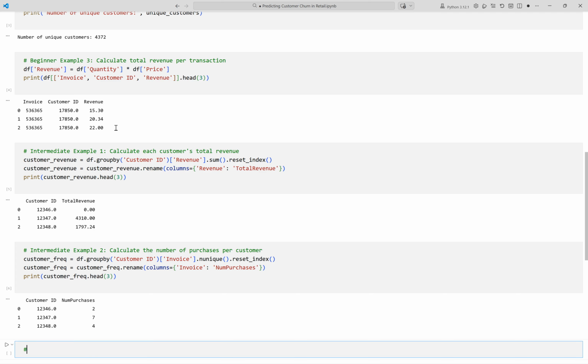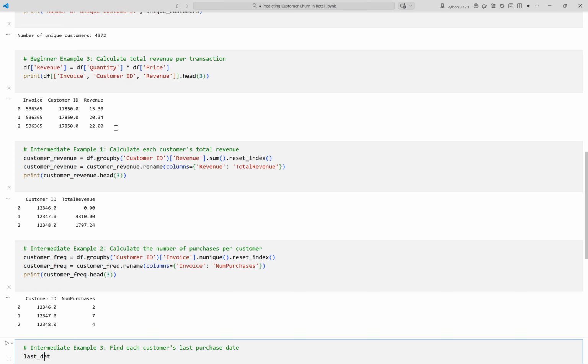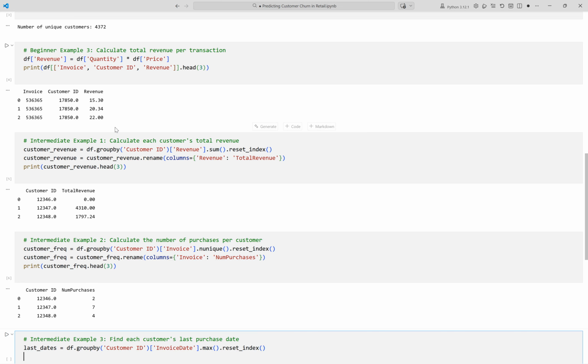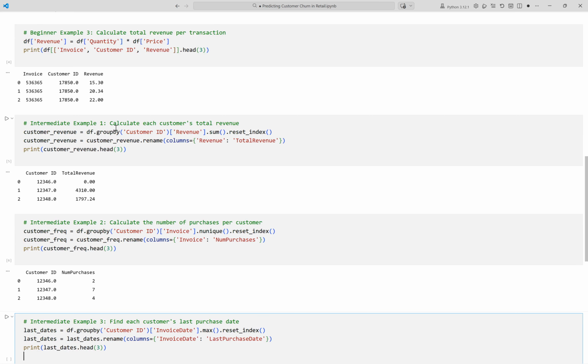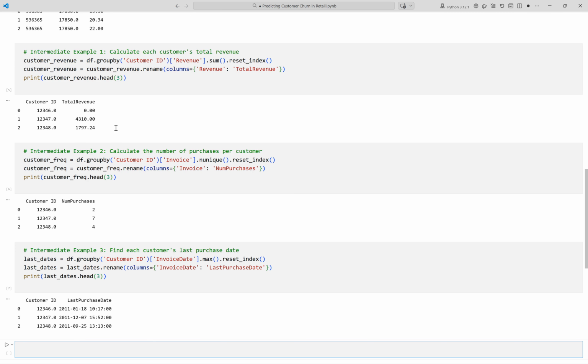Customers who have not purchased recently may be churning or inactive. We group sales data by customer ID and get each customer's most recent purchase date. We rename this last purchase column for clarity. We print the first 3 customers' last purchase dates. Running the cell now. This output shows each customer's most recent purchase date, with the customer IDs linked to their